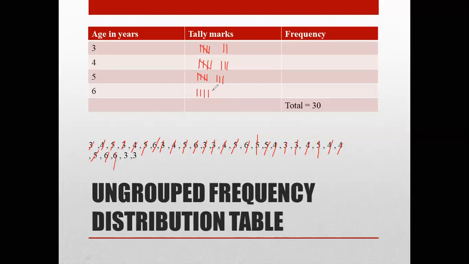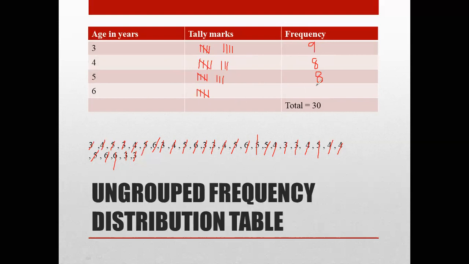Again there is 6. Now children, here you can see it's a group of 4, so I have to strike it off like this. 3, strike 3, put one tally mark for 3. Strike 3 and put one tally mark for 3. Okay. Now it's time to write the frequency. So you can see this is a group of 5, 6, 7, 8, 9. So frequency is 9. This is 5, 6, 7, 8. So frequency is 8. You have to count the number of tally marks. So 5, 8, because 3 lines, so 8.